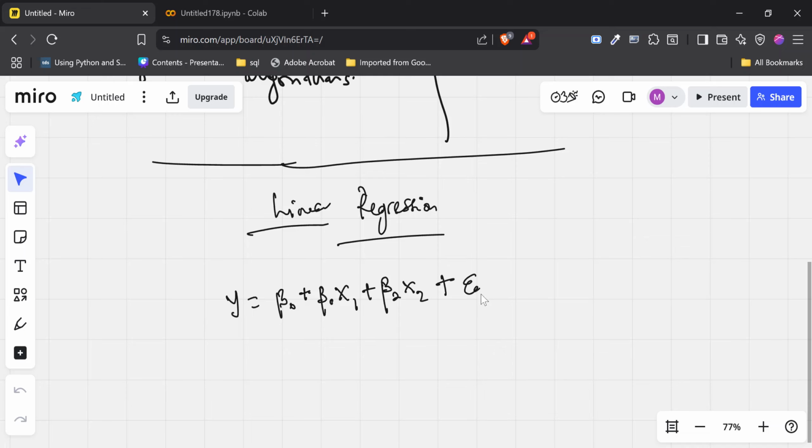And this e is called the residual. So if I want to annotate this, or the error term, this e is going to be the residual. And this beta 1, this is beta 2, right? And this is supposed to be beta 1. So this beta 1, 2, they are both weights. And this one here is going to be the bias, right? So, and what does that mean?